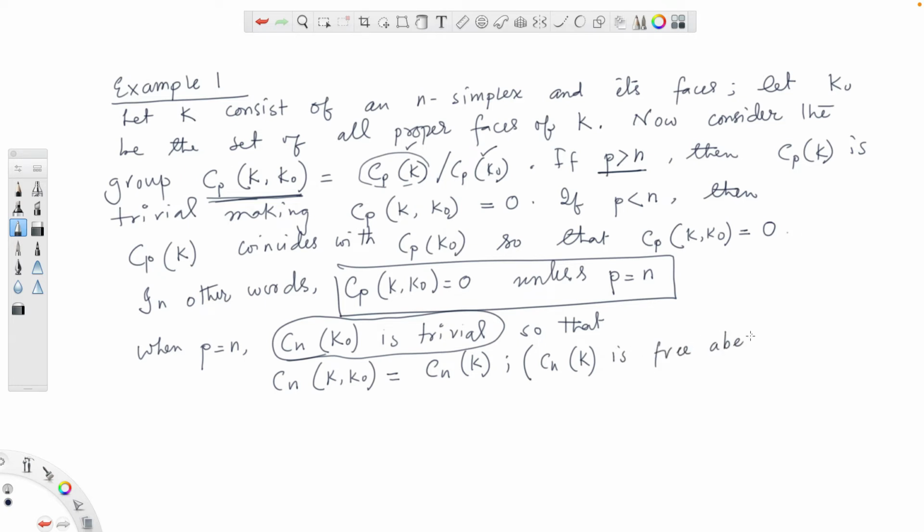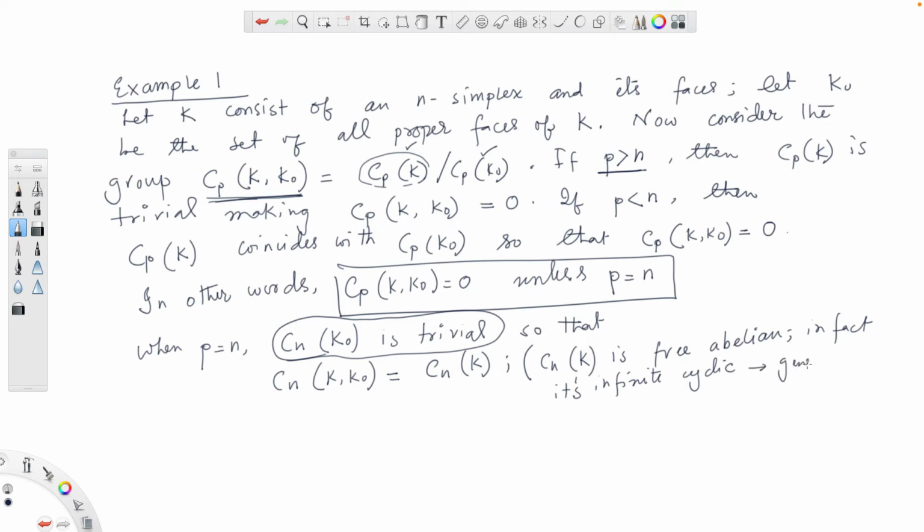We know that this group of n chains on an n-dimensional complex consisting of a simplex and its faces is free abelian. In fact, it's infinite cyclic, right? It's isomorphic to Z,